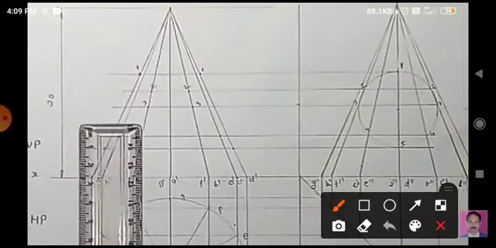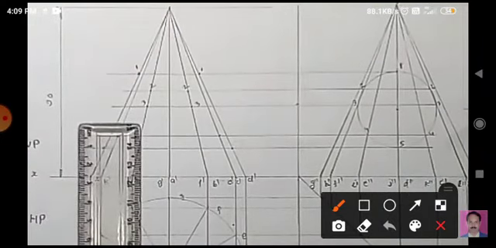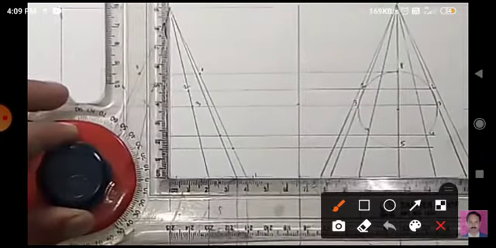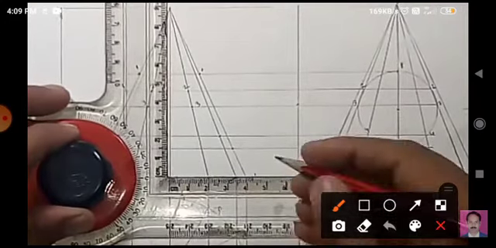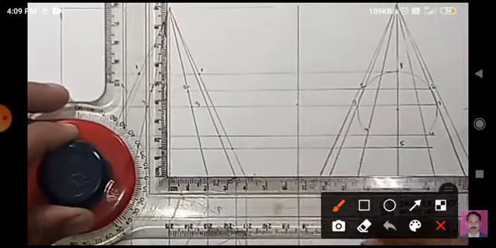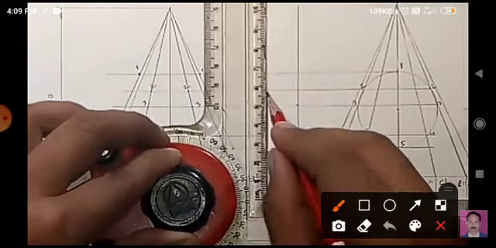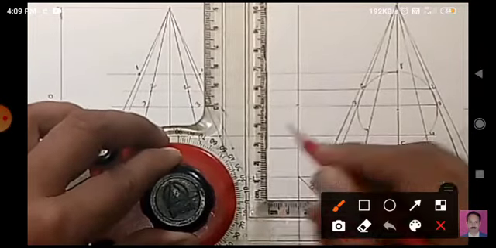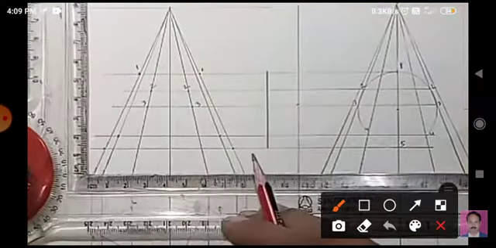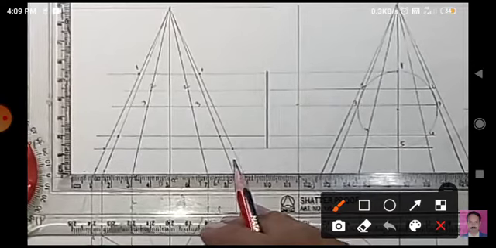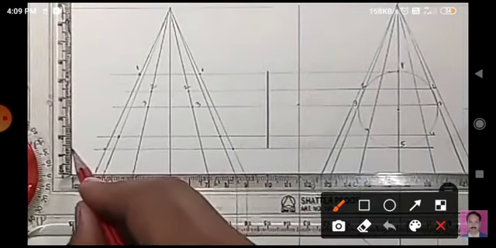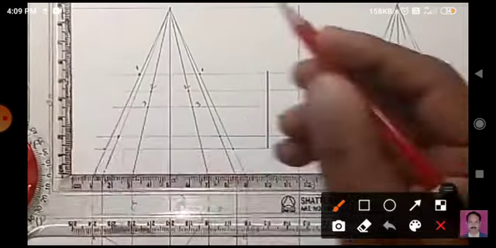You have to complete the cylinder. Okay, now its width is 100, I think. So take on both sides 50-50. The cylinder will get complete of 50. So the topmost and bottommost 115 points you have to join. Then on this side also you have to take 50 millimeter and join that line, complete the cylinder.